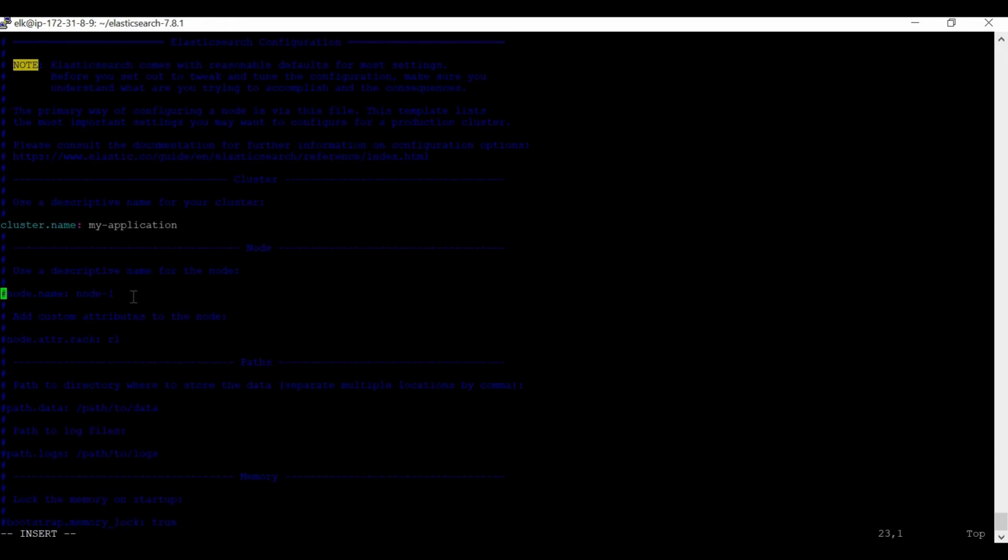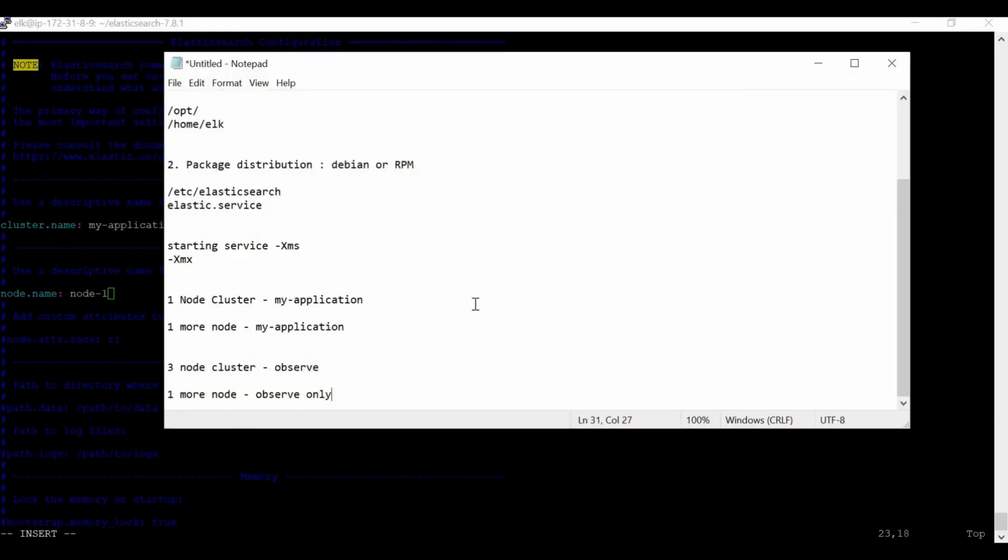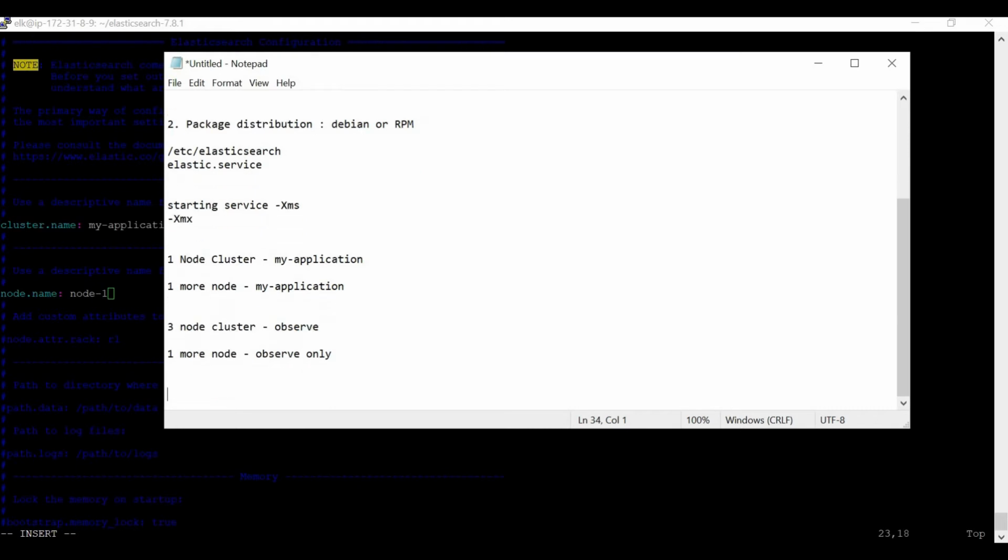Node name. For node name, I will always suggest to keep it unique. Keep it unique. Now my node name is node 1. Suppose I install another server and configure Elasticsearch. By default, suppose you made a mistake and forgot to change its name, and there also it's node 1. This server will come up. There's no point in that; the server will come up, but there are many things which you won't be able to configure at the node level.